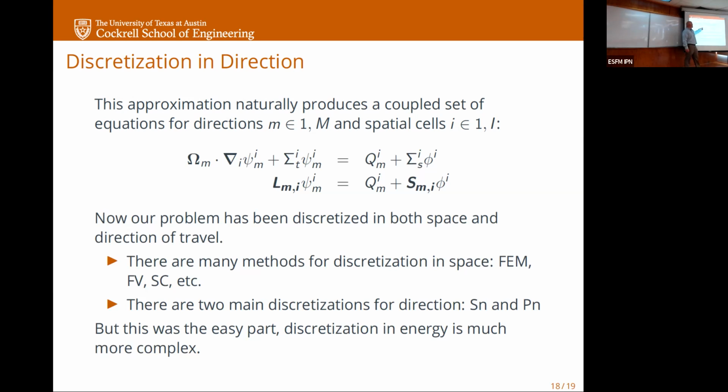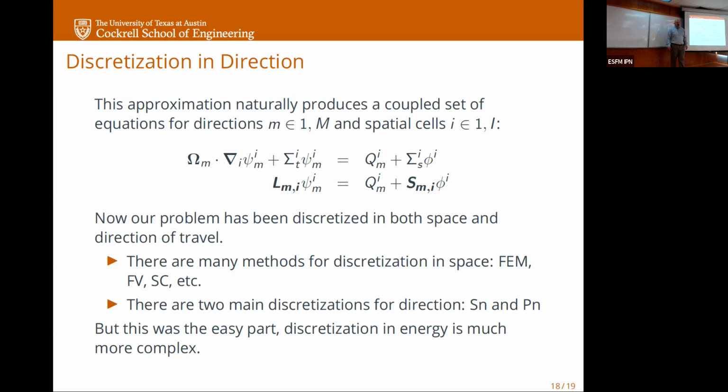If we were to create our scattering in here, we could have our loss, our angular flux, our leakage flux, collision, our angular flux, our external source, and our scattering times phi. And so we can break this problem up now into a number of directions, number of cells, set of coupled